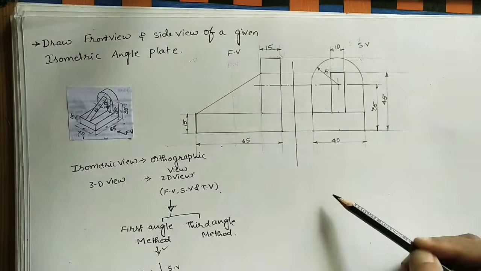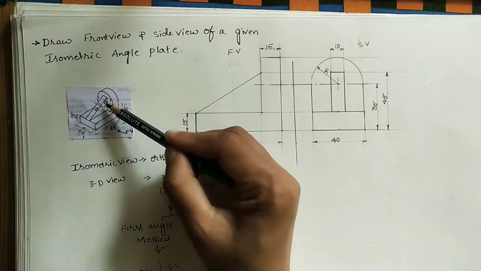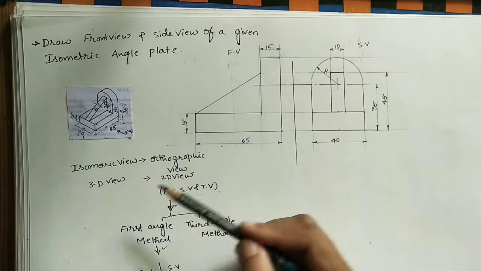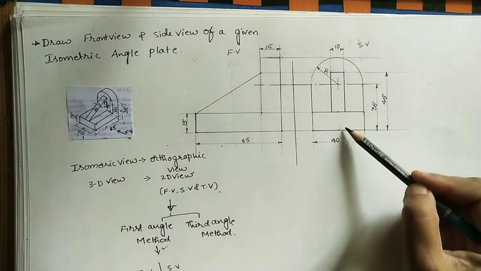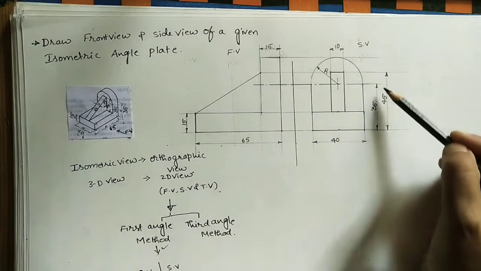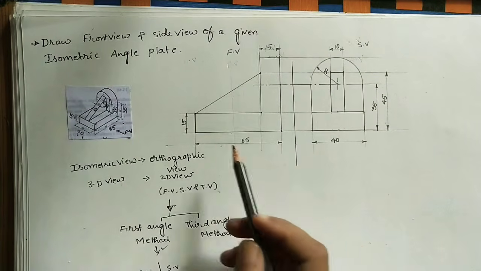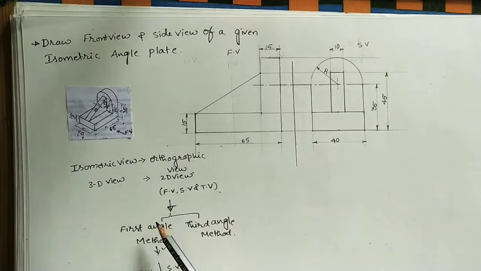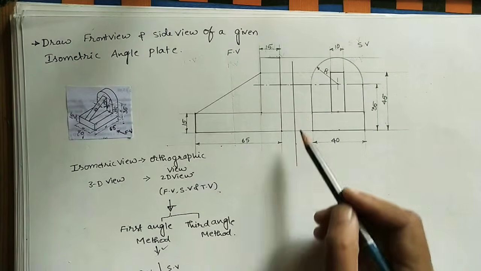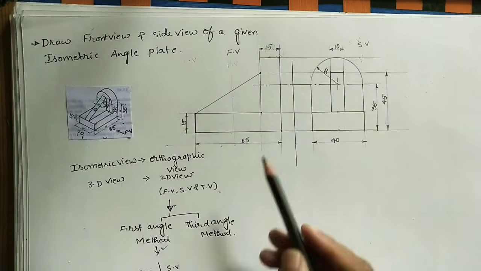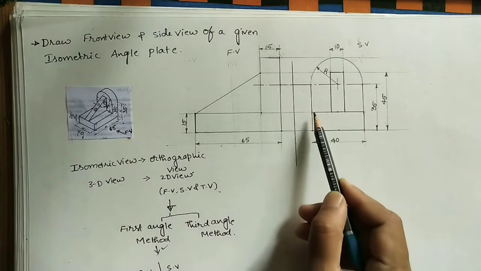This is the axis line, and mark this slope height also. This slope height is 30 mm vertical height. So this is 30 mm. Here this is 15 mm, 15 plus 30 mm, we get 45 mm. Mark this height. This is the method of marking all the dimensions. Here the main line should be in dark color compared to the projection lines. The projection line should be in light color, and the reference line is also in dark color. Here we can take any gap between the reference line and the main diagram. This side also we can take any gap.